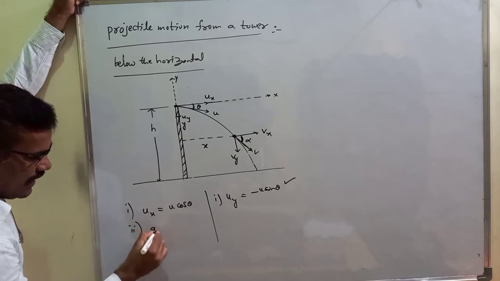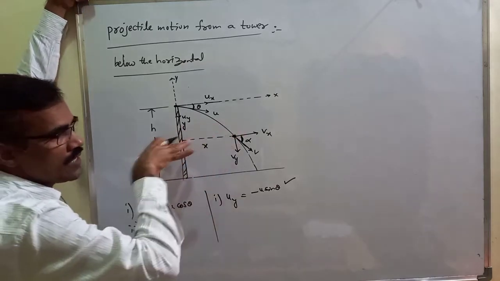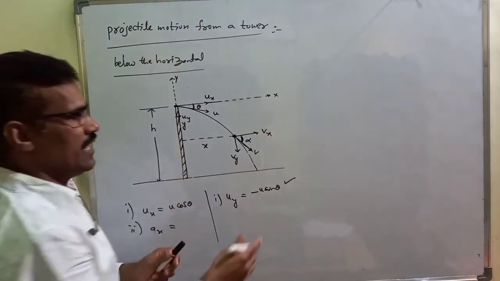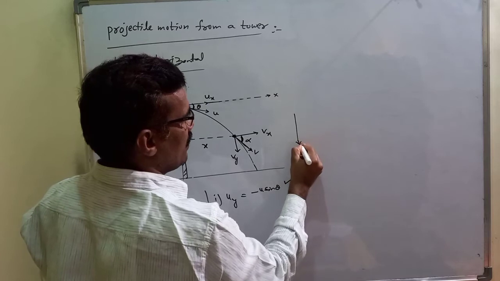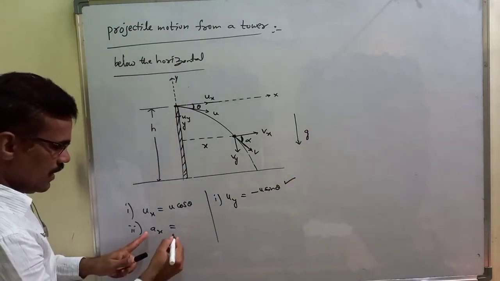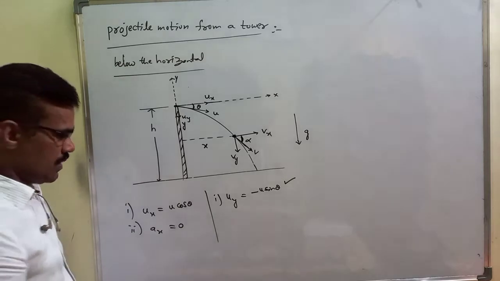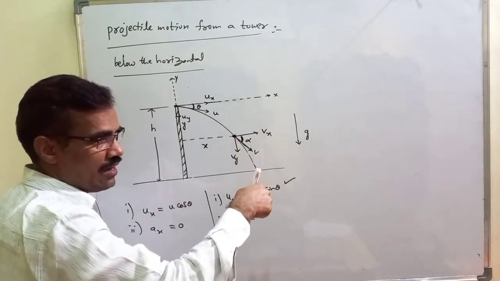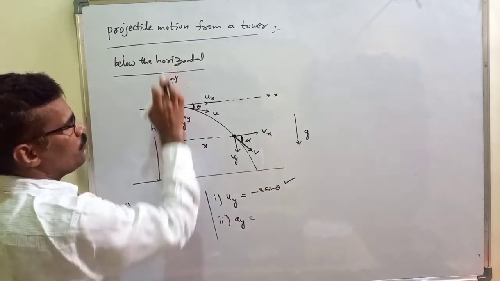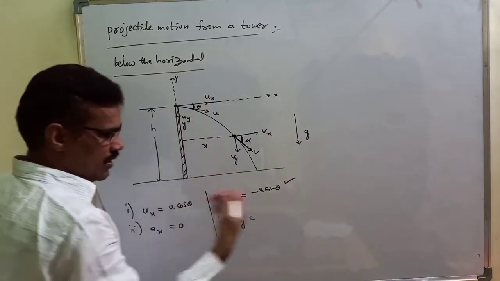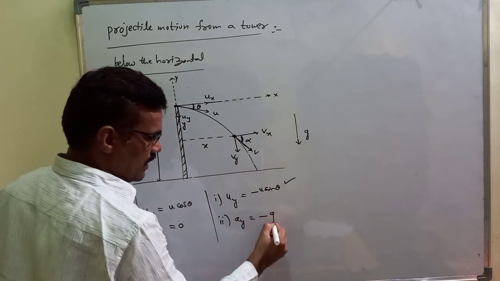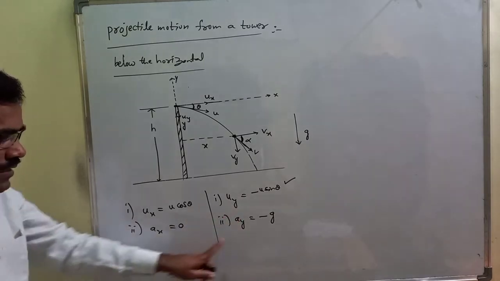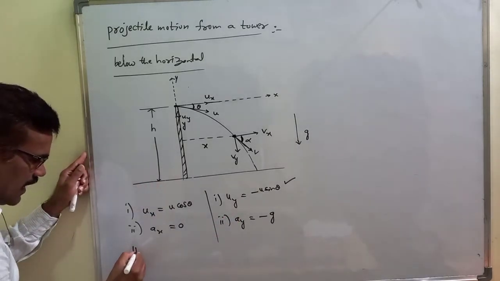Simple logic. Ax equal to what? There is no force in the horizontal direction. Ideal condition, only gravity is there. Gravity is acting vertically downwards. So here Ax is 0. Then what is Ay? Ay is acting vertically downward. Assumption: vertically upward is positive y, vertically downward is negative y. That's why Ay is minus g. So we have Ux, Uy, Ax, Ay. Then after t seconds,